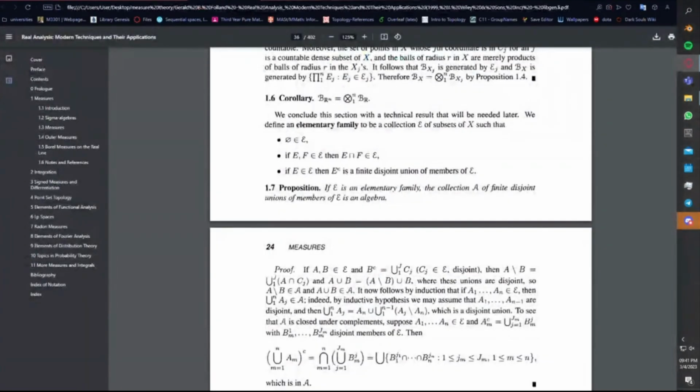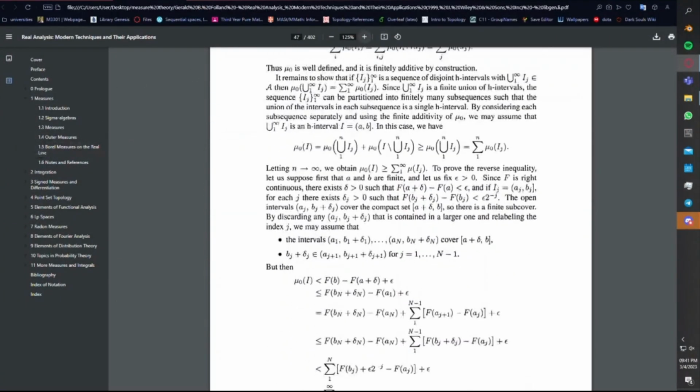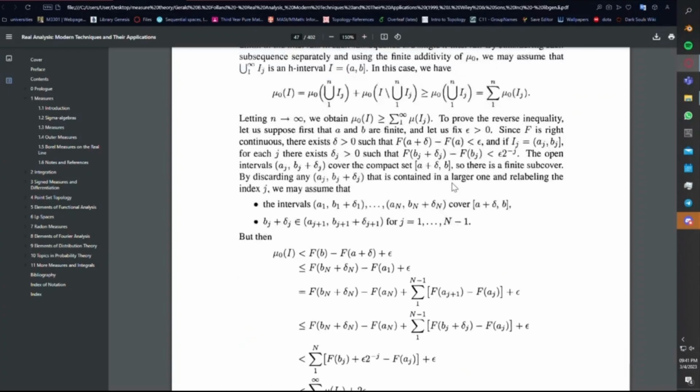It's basically present in the book, in the very first part. One thing I have to note is that if you can find this somewhere else, it'll be helpful, because usually Folland leaves a lot of very delicate details, which makes reading this quite difficult. But it's basically just a technical argument, where because this open cover covers this whole set, f of b minus f of a plus delta, which is basically the length of this set, is going to be less than